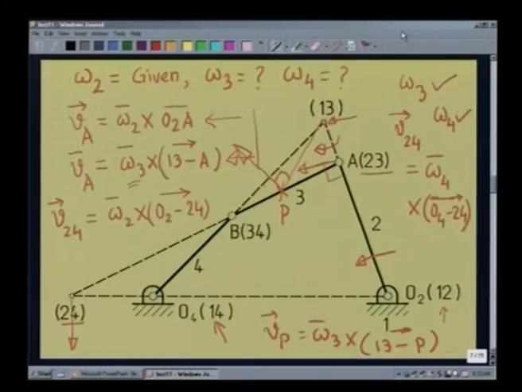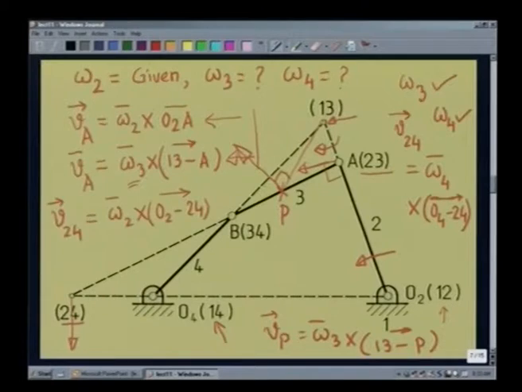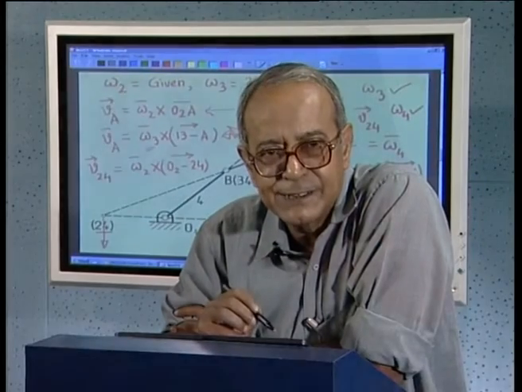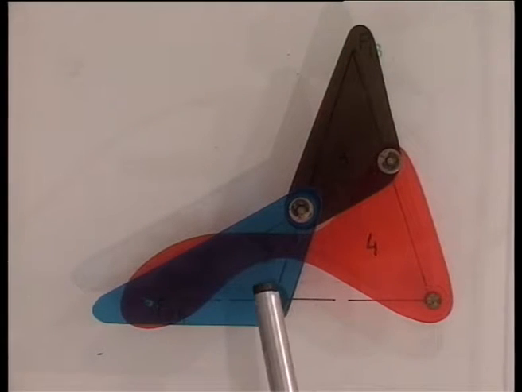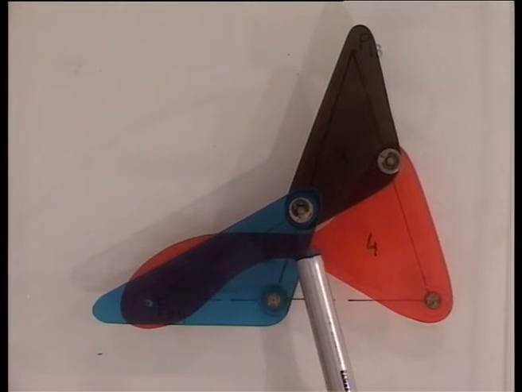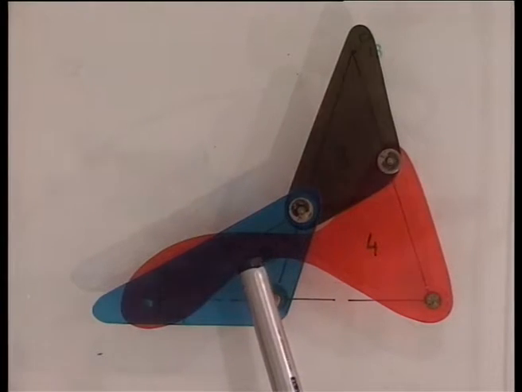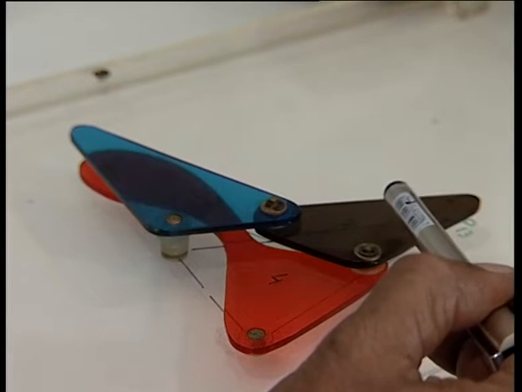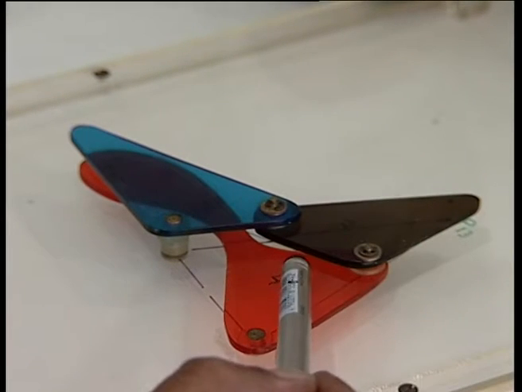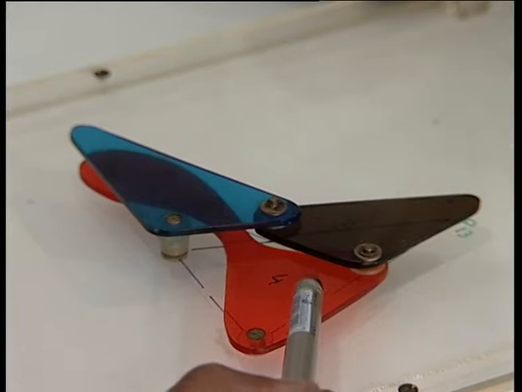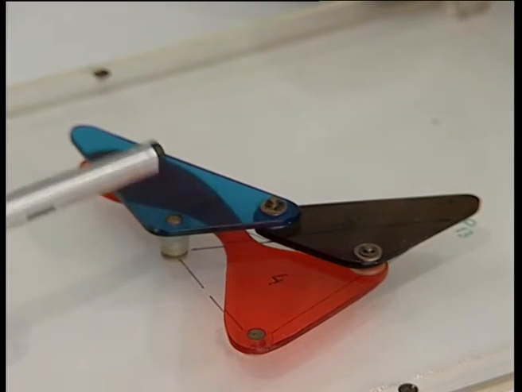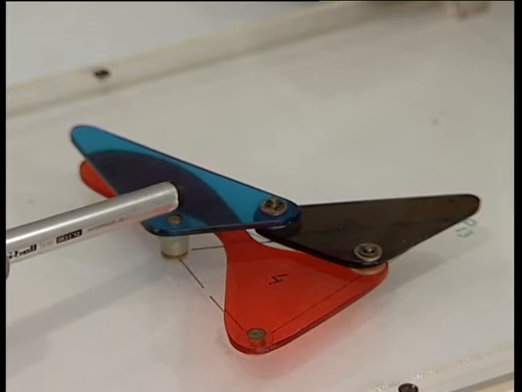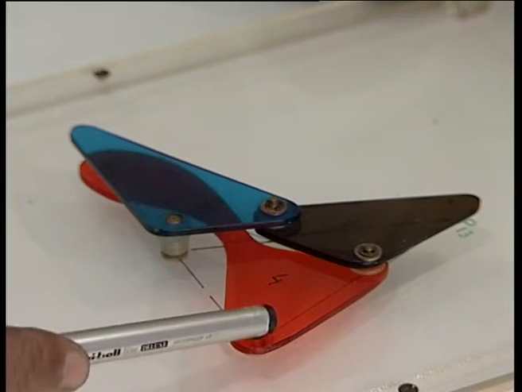Now, let me show you with a model this 1 3 and 2 4, and in the model it will be also clear what is the significance of these relative instantaneous centers. Let us now consider this model of the 4R linkage. As we see, there are 3 moving links, namely this blue link, say link number 2, this gray link, that is the coupler, say link number 3, and this red link, that is the output link, say link number 4. So, this is according to our notation O2 A B O4.